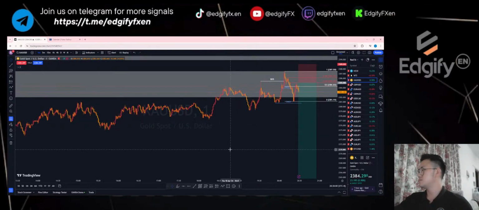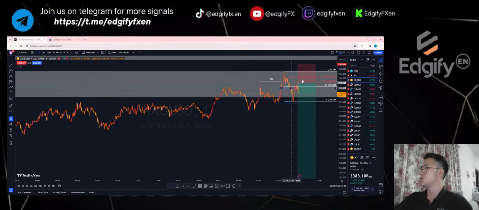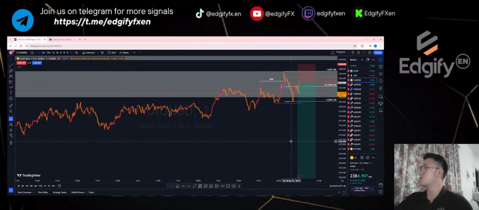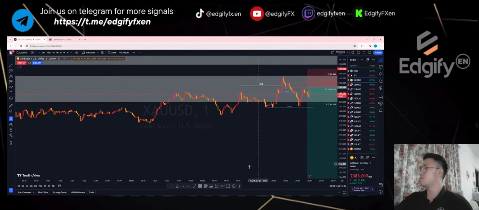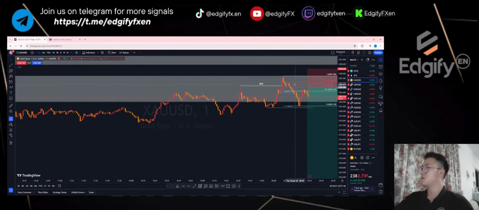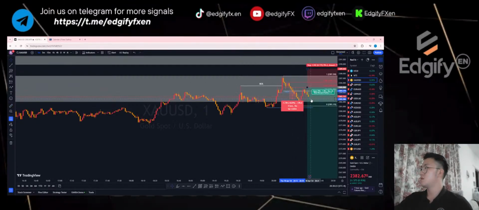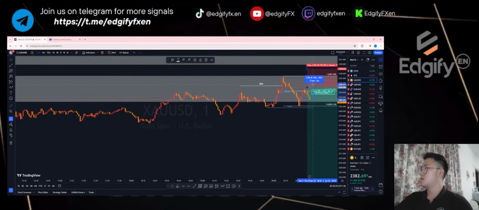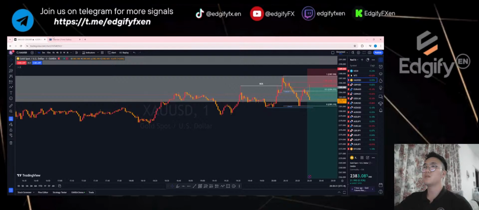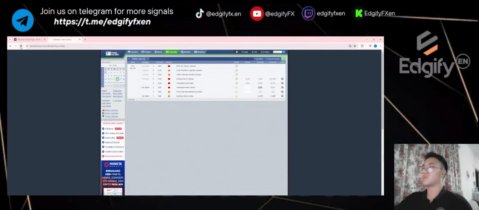Okay, news is coming out. You see the spike, it went up and came back down in an instant. Right, you see this spike. If you look at minute one, yeah, this is minute one. You guys saw it, right? It pumped and then dumped, and it's just stuck in that price range now. A total of 30 pips at the moment. I will see what the result is.